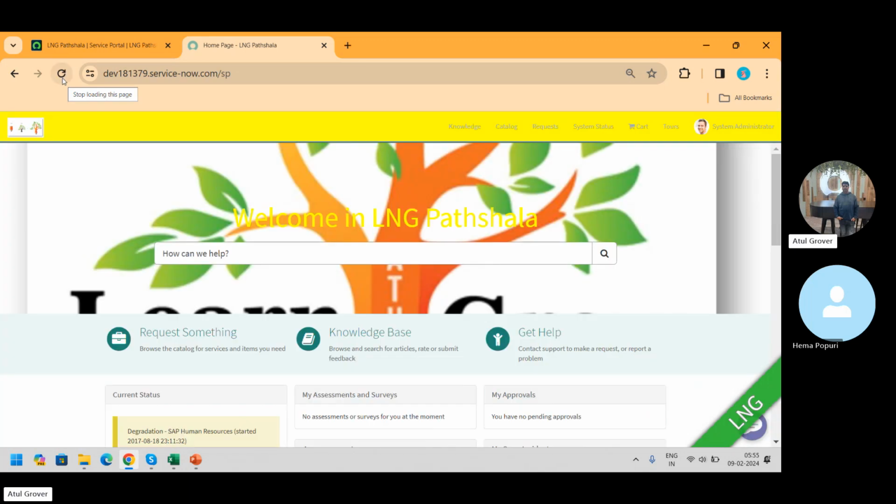So this is the portal where a customer will log in. Not customer, that is not the right word. The end user will log in, because it is a service portal. When we say customer, we call it a CSM portal. So I will go here. This is the portal I log in. I go to the catalog